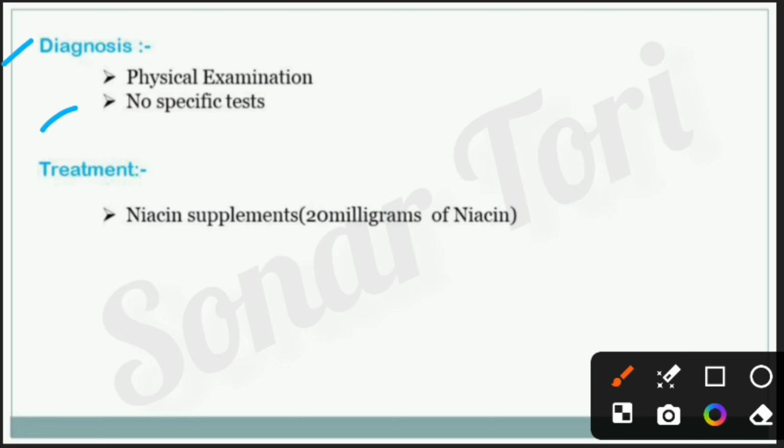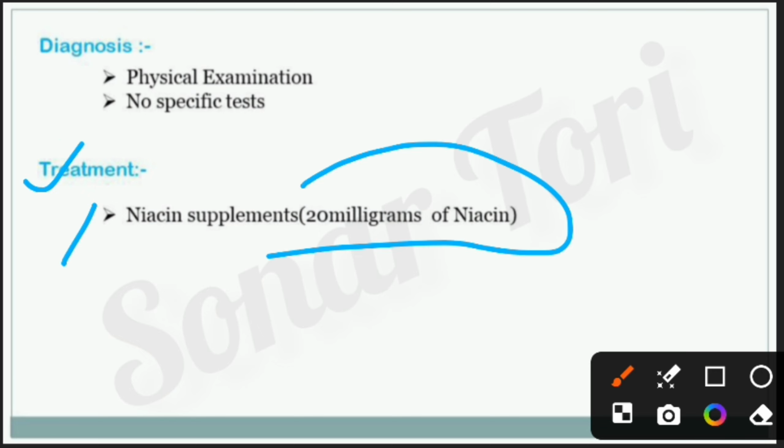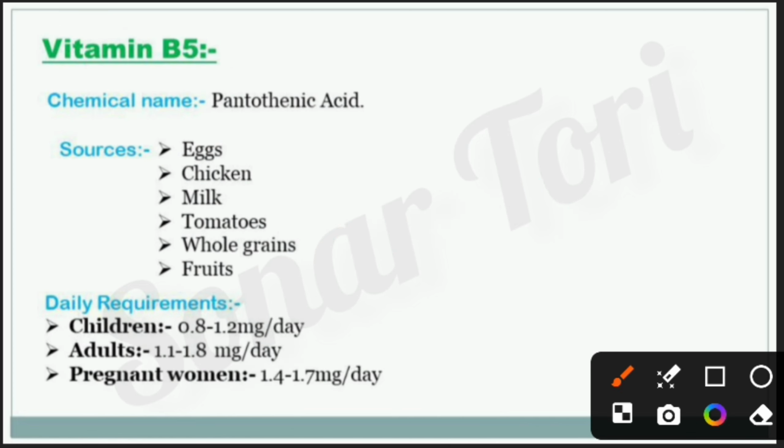tract. Diagnosis of niacin deficiency. There is no specific test for the diagnosis of niacin deficiency, but a physical examination is done by the doctor. Treatment for niacin deficiency. In the niacin deficiency, patient must take niacin supplement which contains 20 mg of niacin. Vitamin B5. The chemical name of vitamin B5 is pantothenic acid, and the sources of vitamin B5 are eggs, chicken,